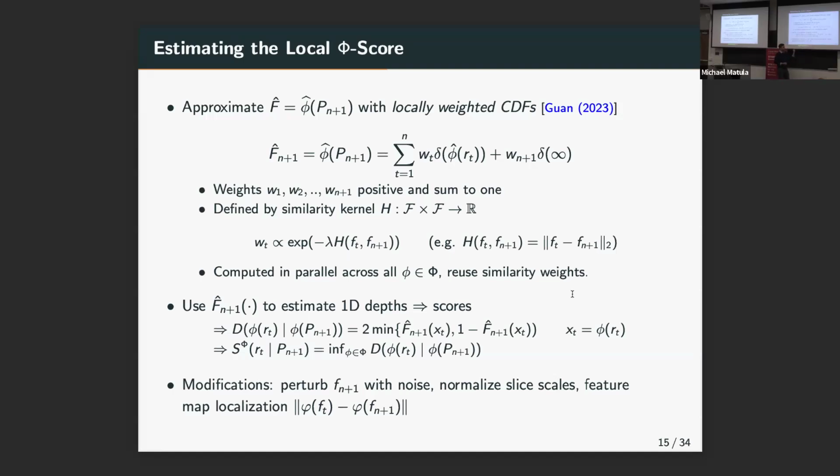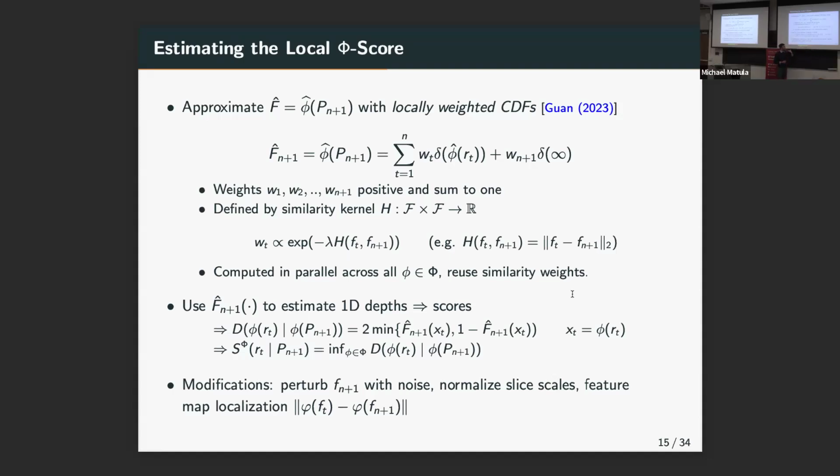This basically introduces a normalization mechanic in our estimate of the projections, because the functional data is often going to come on different scales, and we don't want those to dominate our measures of outlyingness. We don't want the scale to impact it. That's purely optional. One thing that was actually very helpful and we make heavy use of is, instead of comparing